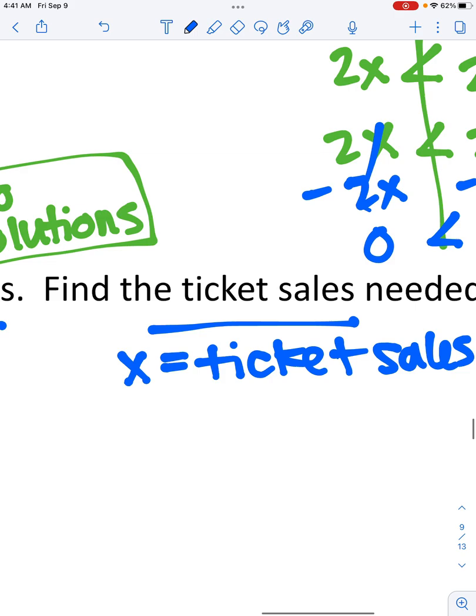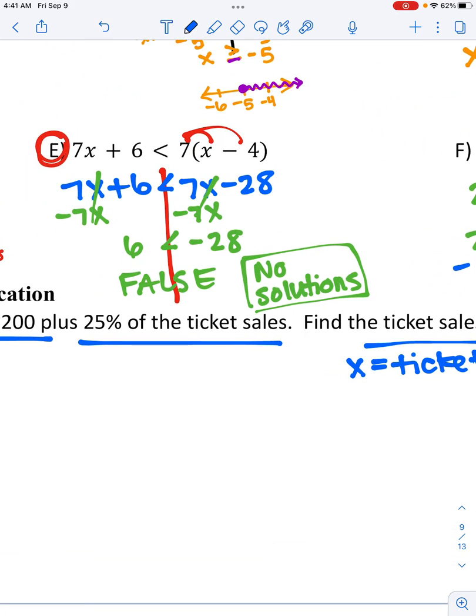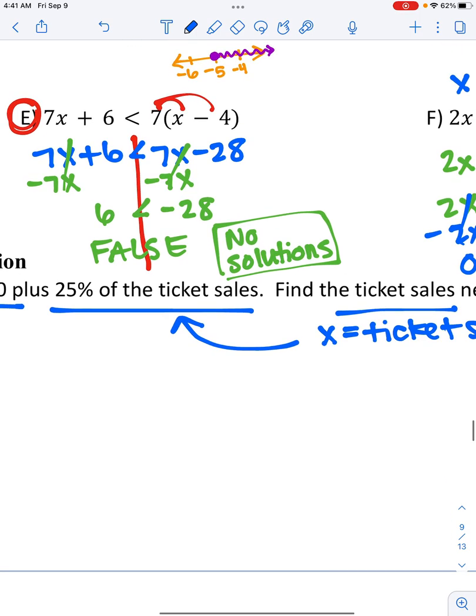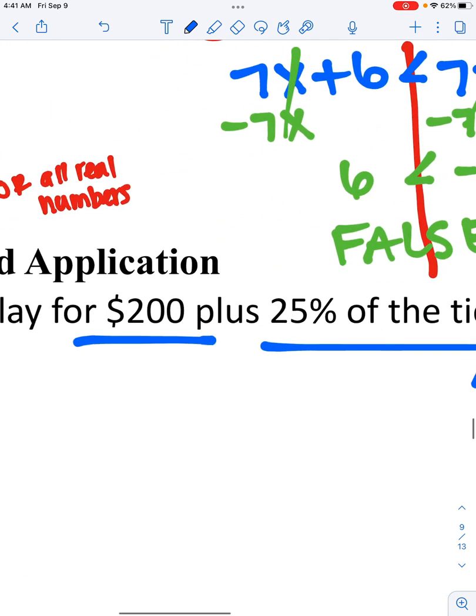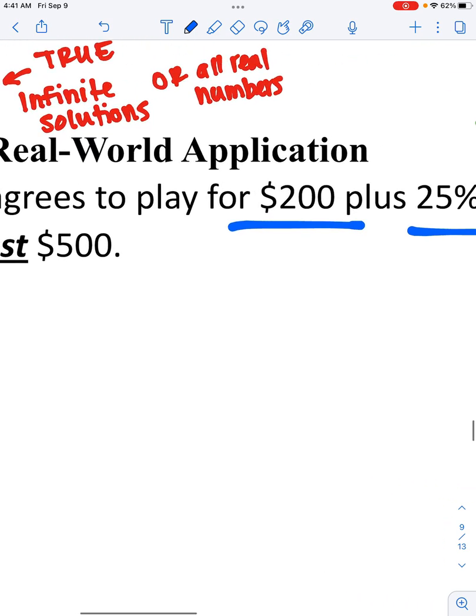All right, so ticket sales are number of tickets sold. And just be aware that this 25% of ticket sales, that little calculation, is going to involve X. So we're tying our variable to this, but the $200 is not dependent on how many tickets, it's just a flat $200. So when we set this up, so it'll be